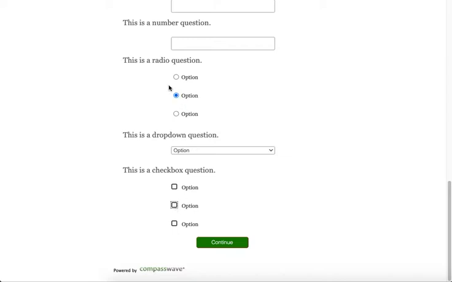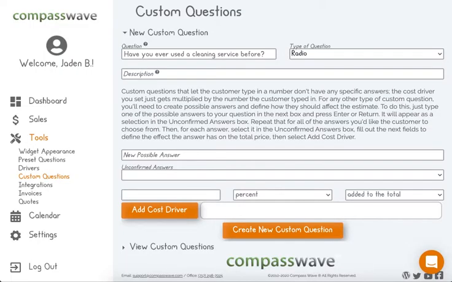On the contrary, radio questions and drop-down questions, one of them will always be selected. As for number questions, if they don't fill it out, it'll automatically be a 0, and so it won't affect your calculations at all. So let's go back to our custom questions page, and we're going to add an answer